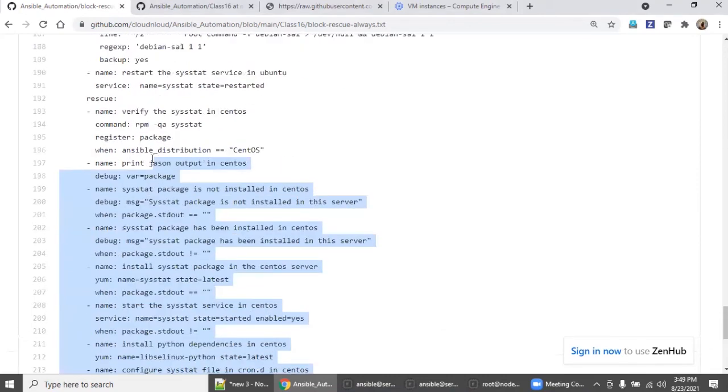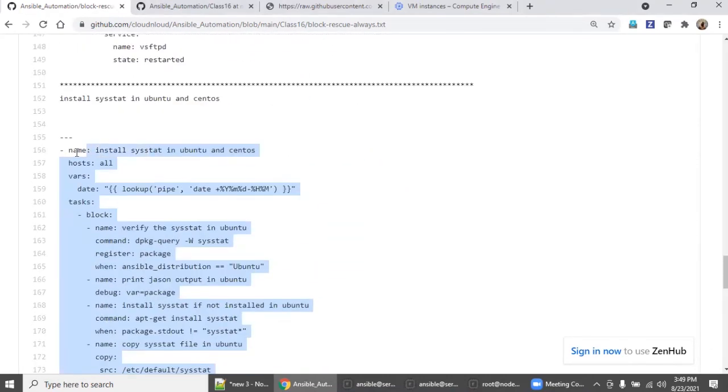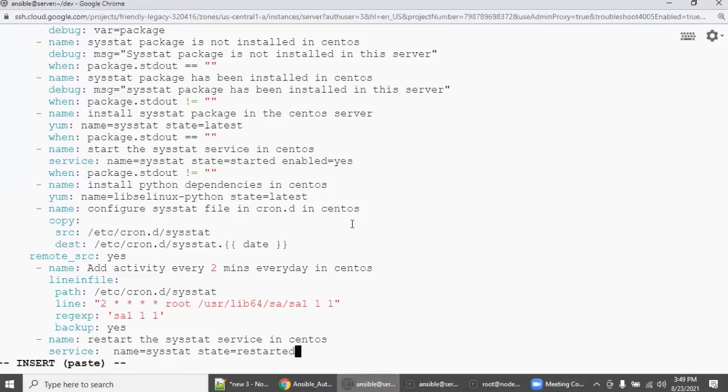So copy this and paste it. There is a small indenting issue to fix before executing, otherwise it will throw an error. You can easily redirect, but it is better to correct it now. The remote src was copied with a different indent, right?